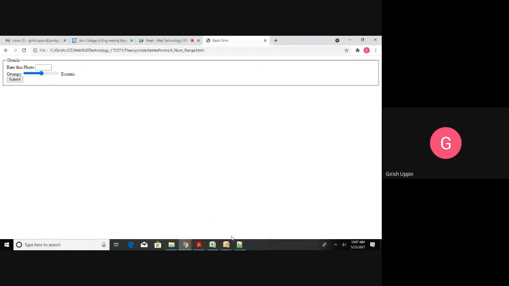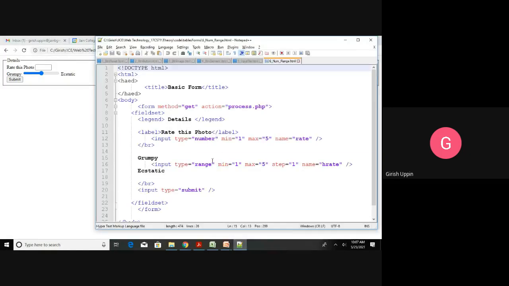So this is the number and range example. You can see I have the form with the get action, a fieldset, and a legend, which is the details. After that, I have a label, opening and closing, rate this photo, and then I have the input type as number, minimum 1 and maximum 5.